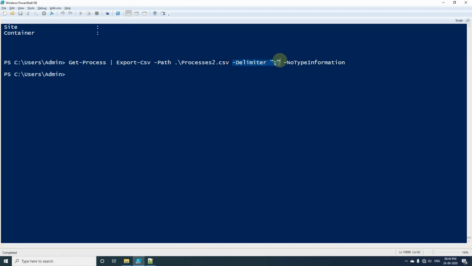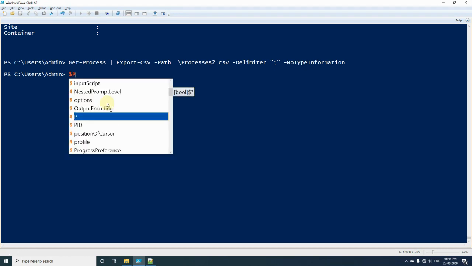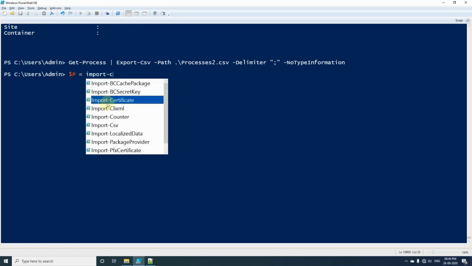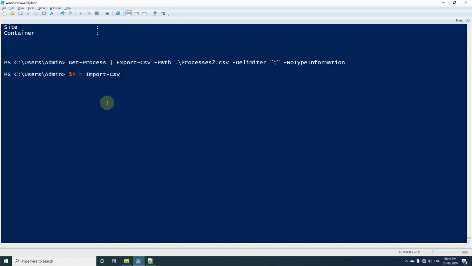And when importing also, this delimiter matters. If I want to import the same CSV file into PowerShell, we will again use a variable called $p, and the command Import-Csv.